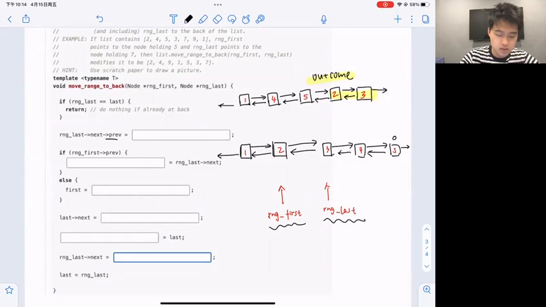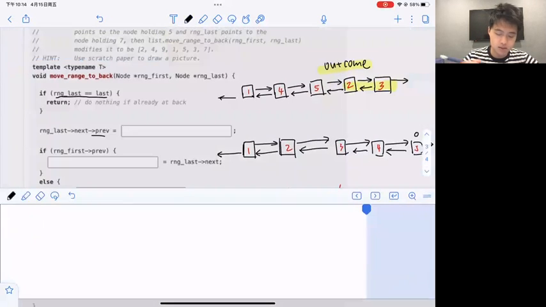So the first line is if RNG last is equal to last. What does this mean? It means that RNG last is already pointing to the last element of the list. So in this case, we just need to return and terminate the function because RNG last is already pointing to the last element and we don't need to do anything about it. Okay, so the next line is,